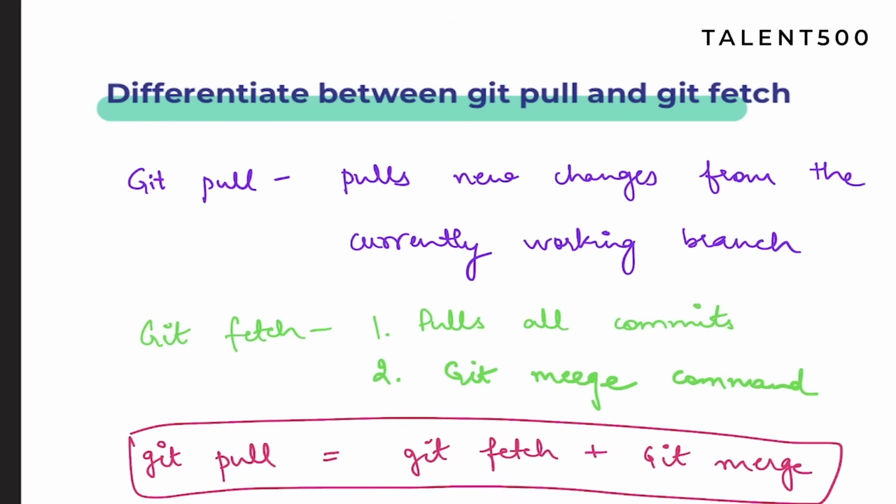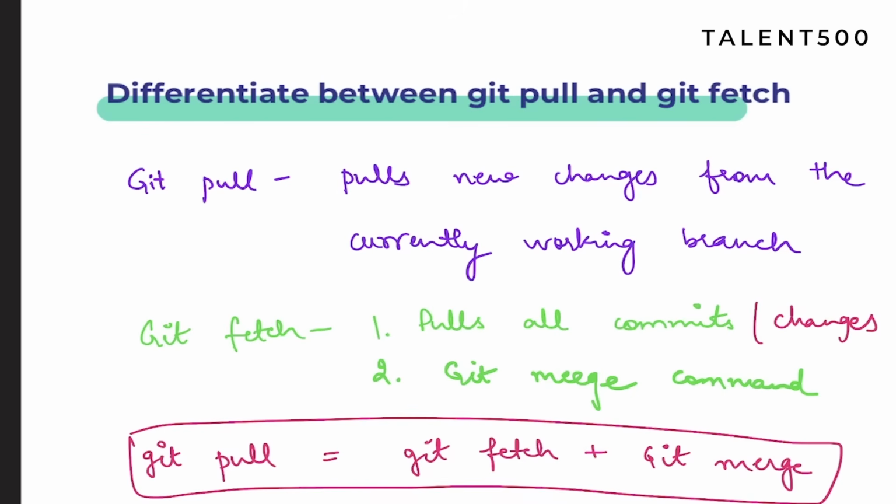Firstly, it also pulls the changes from the currently working branch, whatever is located in your remote central repository. But in this particular case, we follow two steps. The first one is to pull all your commits and your changes, both of the things, whatever changes and commits you have.